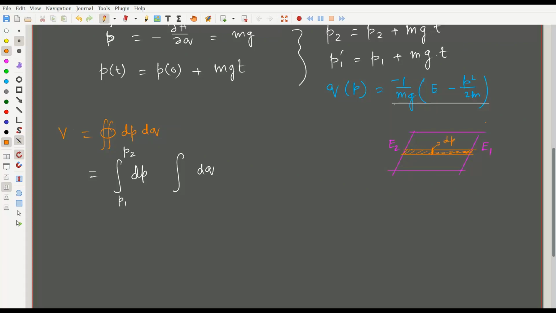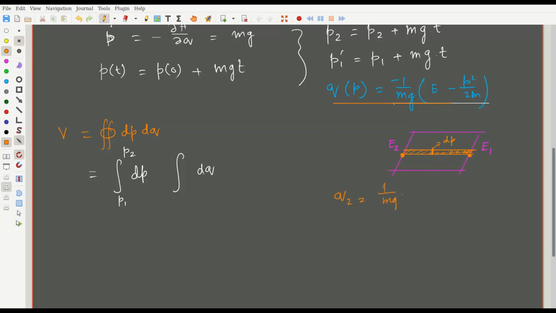Okay, and the width of this rectangle you have to find. So width of this rectangle, how will you find? You will just substitute this, integrate the value of q here. And what is the value of q here? So sorry, on the left the value of q, which I call q2, would be given by rather